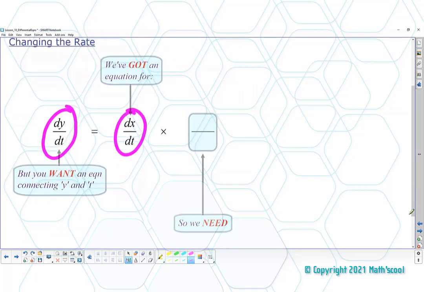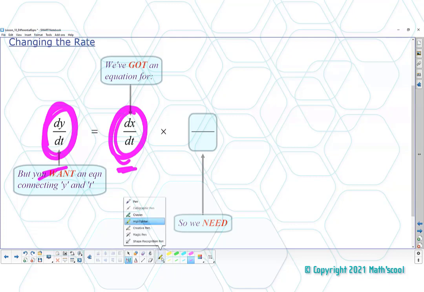So the want, got, need rule starts off with, if you want an equation connecting y and t, you have to have dy by dt in your differential equation. So that's what you want. But for some reason, you haven't got that. You've got dx by dt. You formed your differential equation and you've got dx by dt. And so you're going to need something else to convert this into this. And the thing you need